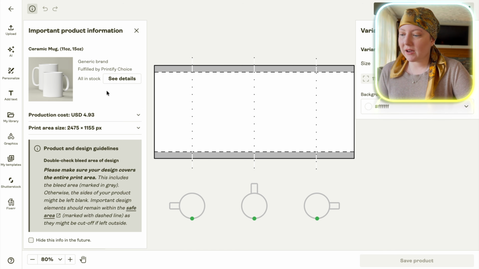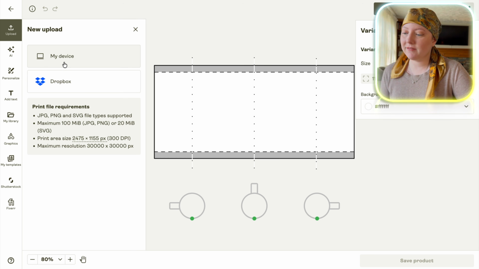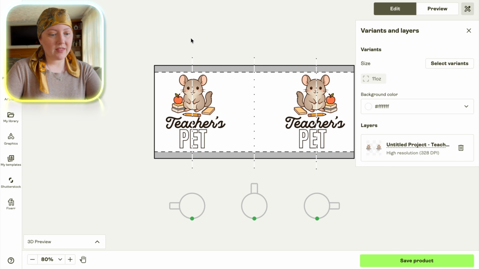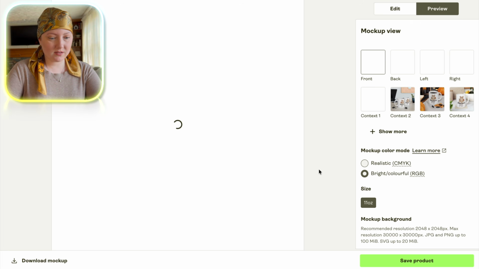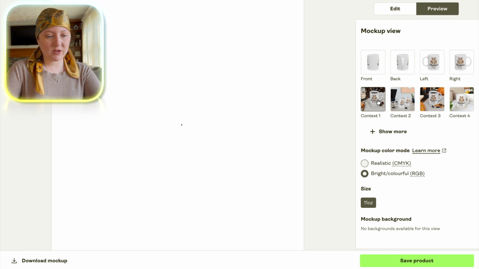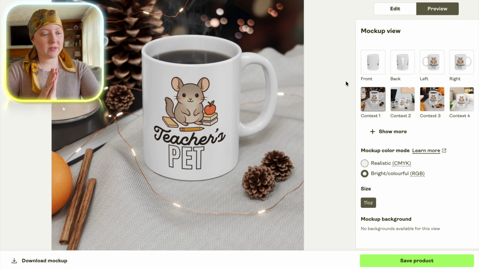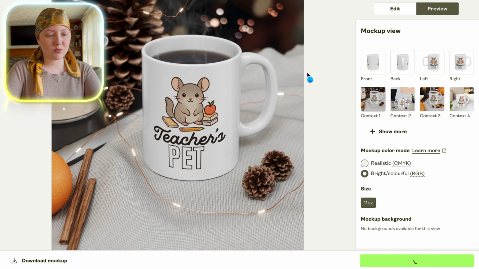All right, so now I'm back over on Printify, and I'm just going to, on our mug design, go to upload and then click on my device. And then I went ahead and uploaded that exact item here, and then that spacing looks really good. So I'm going to go ahead and preview this, and that is looking perfect to me. We can even see it in context. That looks great. So if we're happy with that, we're going to go ahead and save this product,